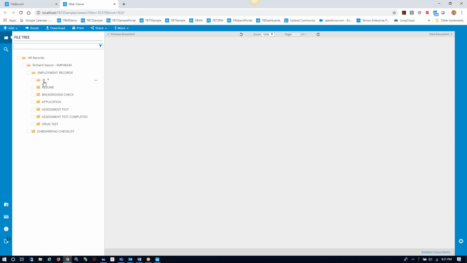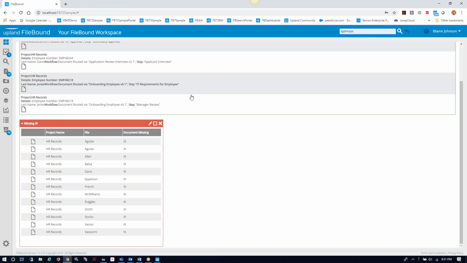So, I could either right click and we can add a document. So I could upload the document. If I had a scanner and I had that with me, I could scan it. So there's a myriad of ways to do a distributive capture. In this scenario here, I'm going to show you a little bit of the integration that we have outside of FileBound, if you will, in working with